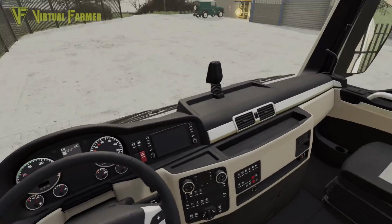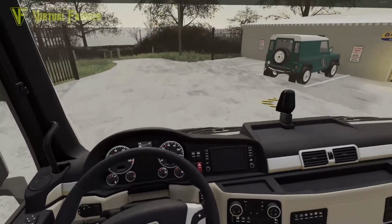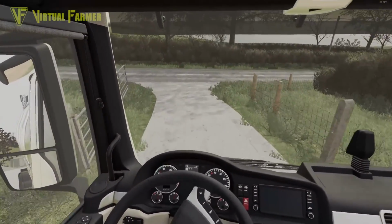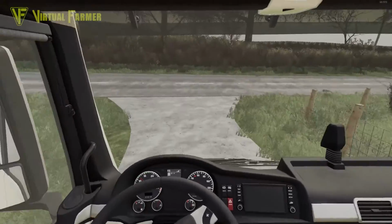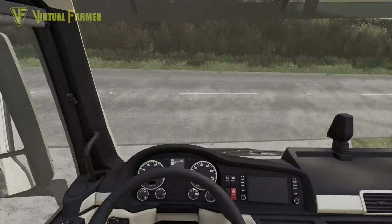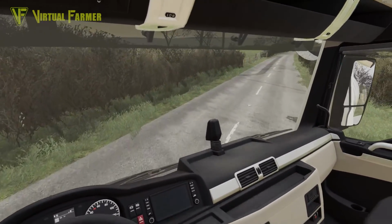Let's head off. Oh, look, sounding very good. So yeah, it's out of here, and I'm just going to give you a quick tour because we want to go up the back road back to the farm. The easiest for this. So out we go,